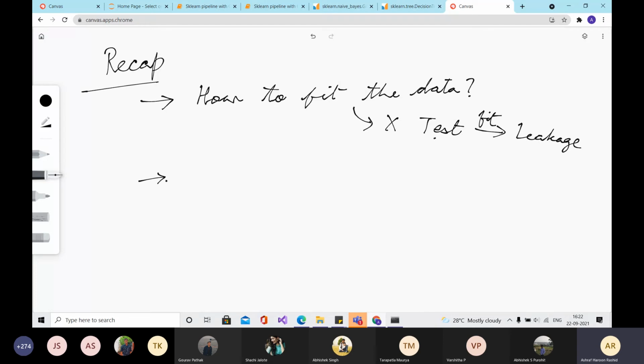Fine. What was the next thing that we went into after this? K-fold cross validation. Yep. Once you have the train data, how can you utilize the train data for validation? So that led us to the whole concept of k-fold cross validation.